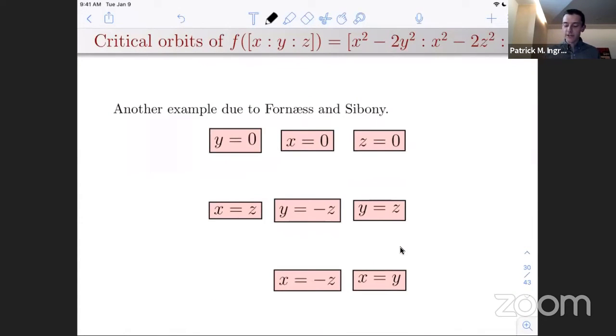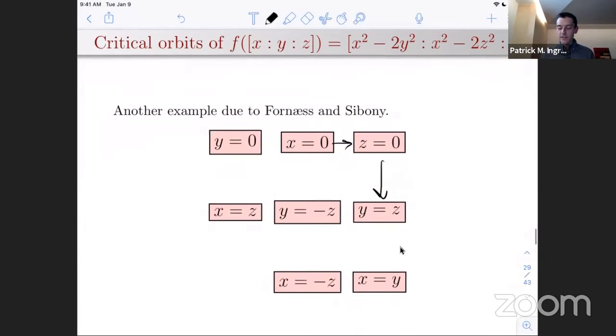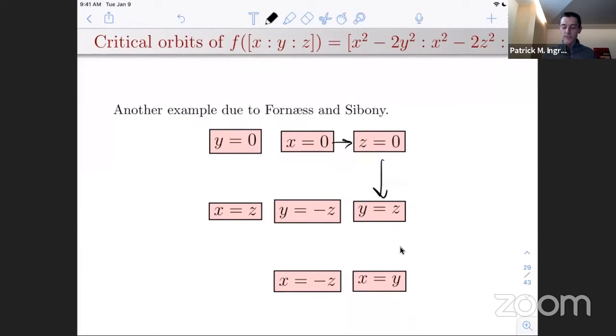I thought it would be fun if I drew in the arrows, be more interactive. So here's another example. And again, I want to make sure that the iPad doesn't hide the actual morphism itself, but it's up here in the title bar. And you can just sort of compute where everything goes. And again, everything here falls into a 3-cycle of hyperplanes. And so again, this is another post-critically finite example. So there are at least some of these things in higher dimension, more than just the power map.